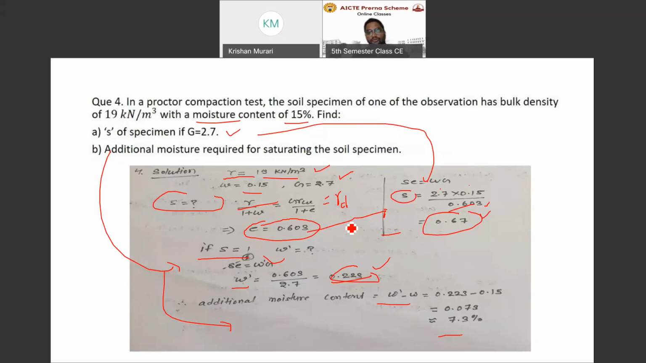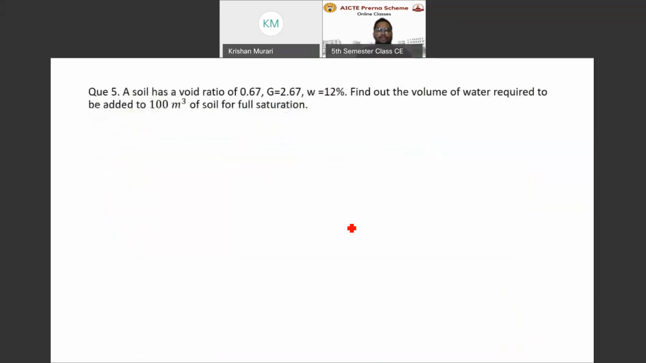So you have to memorize these formulas again and again. You have to practice these formulas on numerical problems from previous questions like ES questions. Then you can easily calculate these values and get very good marks in GATE. Okay, so now some other questions are there. These two questions you have to